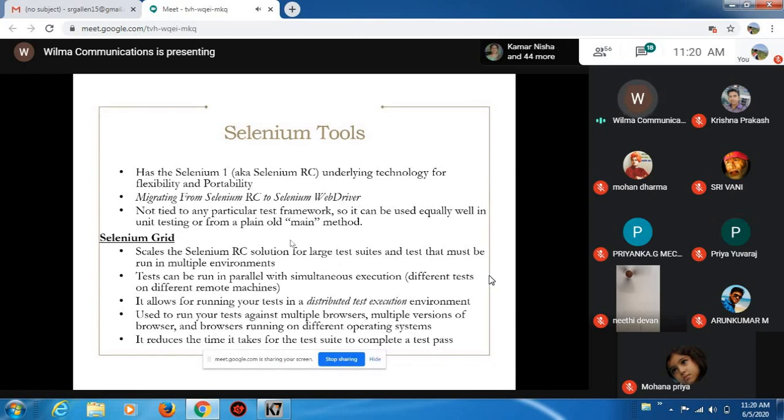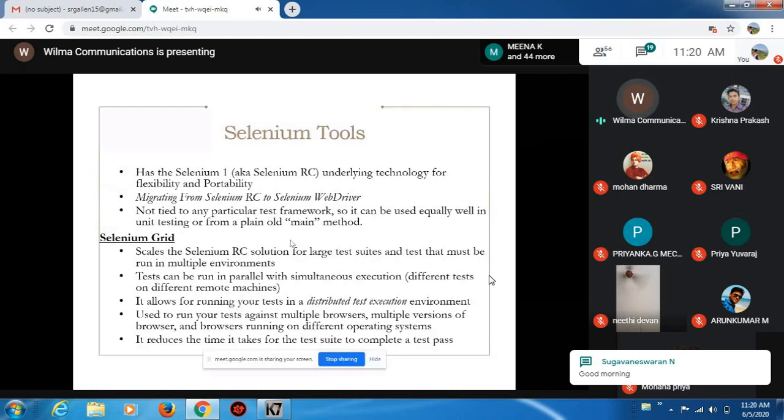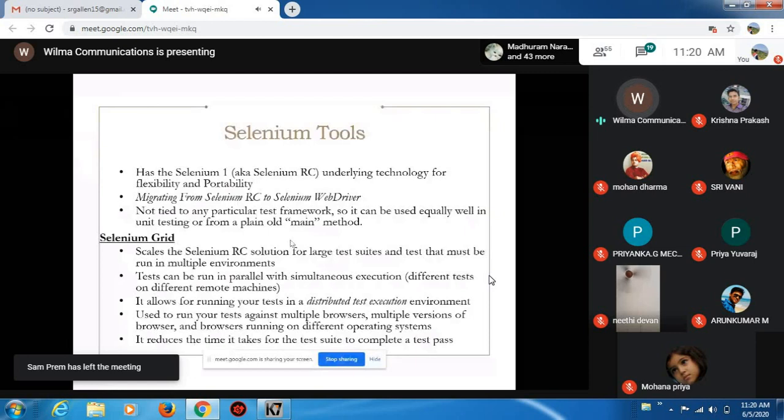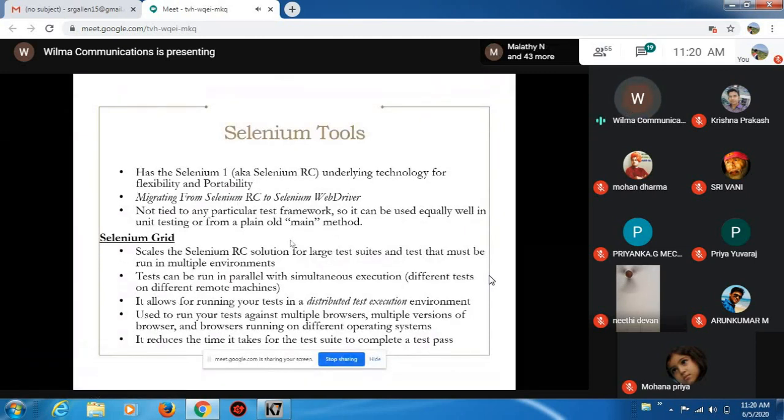Selenium Grid allows you to run your tests in a distributed test execution environment. It is used to run your tests against multiple browsers and multiple versions of your browsers. See, with the help of Selenium WebDriver, I can write my code and run my program in different browsers. First I can run in Chrome, second in Mozilla, third in Internet Explorer.